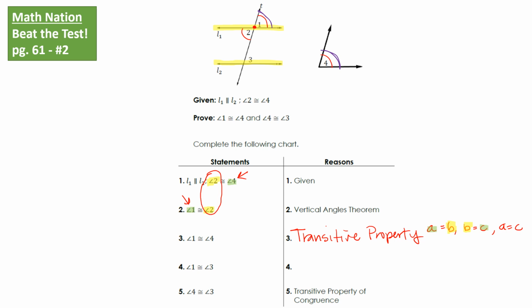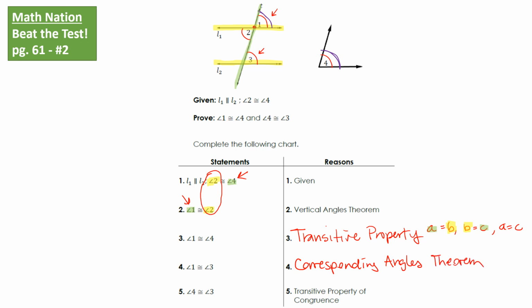So statement number 4 says that angles 1 and 3 now are congruent. So if I look at angles 1 and 3, let's look at the position. We do have parallel lines because that was given to us, and we do have a transversal of T. So if I look at the position of angles 1 and 3, I see that they're on the same side of the transversal, and they are both in the same position. Angle 1 is above line 1, and angle 3 is above line 2. So if they're in the same position on the same side of the transversal, then that means that these two angles are corresponding. So this will be the corresponding angles theorem,